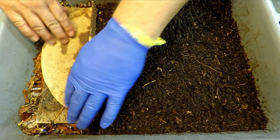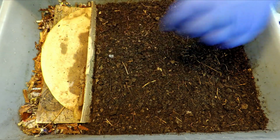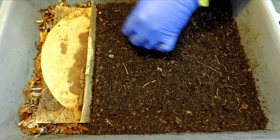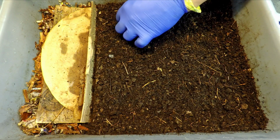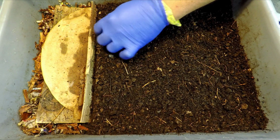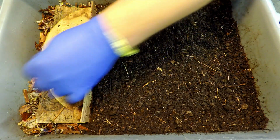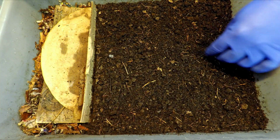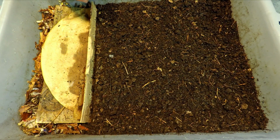But that's pretty much our update. But yeah, here we are at day 165 after 10 days of migrating. The worms are definitely doing a great job making their way over into the space that we want them in. And just to help it continue and hopefully end successfully soon, we just sweeten the deal by adding some more food, a little fresh bedding, and I assume that over time, as this stuff continues to dry, it's going to keep on motivating our little worm friends to seek out a somewhat more comfortable space to hang out in,